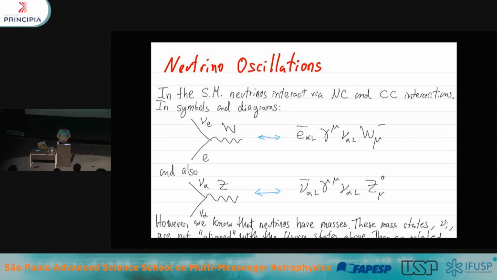Good. So in the standard model, the neutrino weak interactions are essentially given by these two terms. There is this term here that tells you the interaction with the charged current processes, and then there is also this term here that tells you how they interact with the neutral current exchange. In pictures, I'm omitting couplings and some things here, and in pictures they look like that.